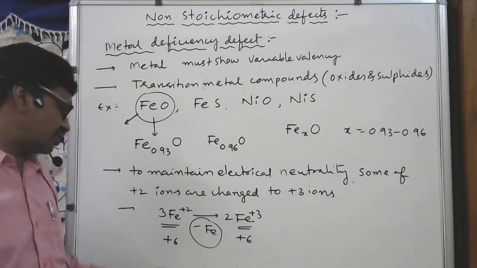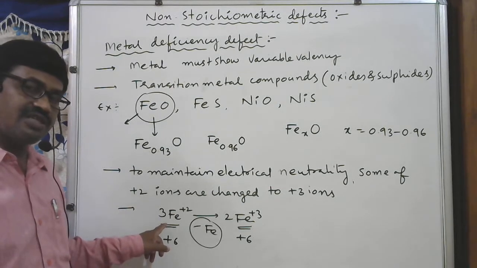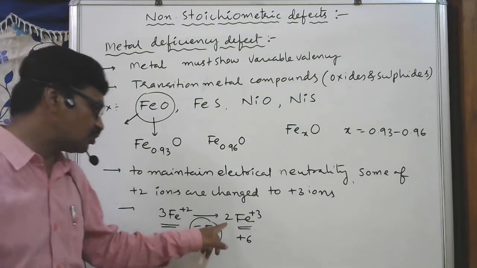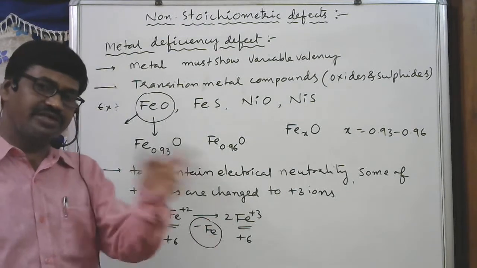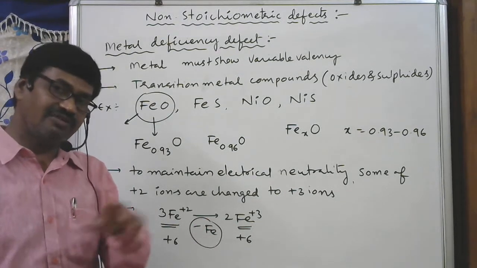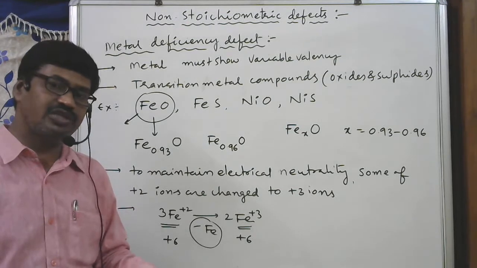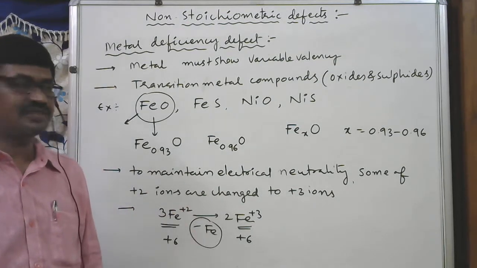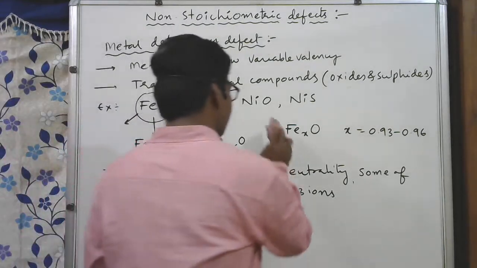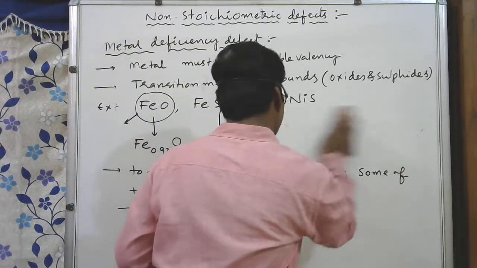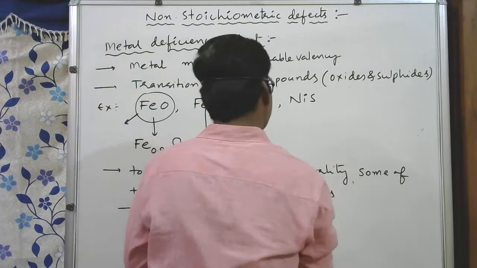Why is it so? It means 3 Fe plus 2 are converted into 2 Fe plus 3. That means one Fe plus 2 is eliminated, and from the same side 2 Fe plus 2 are converted into Fe plus 3. I am giving this rough explanation only for understanding purposes. See here,